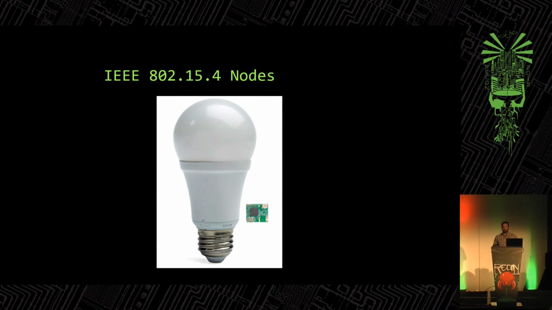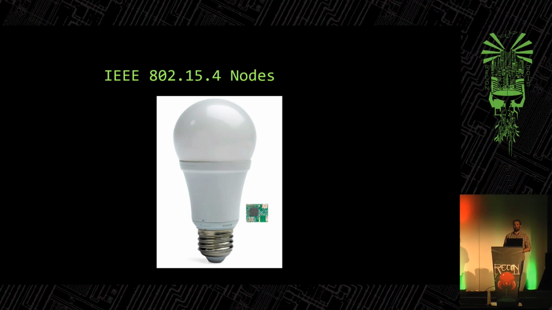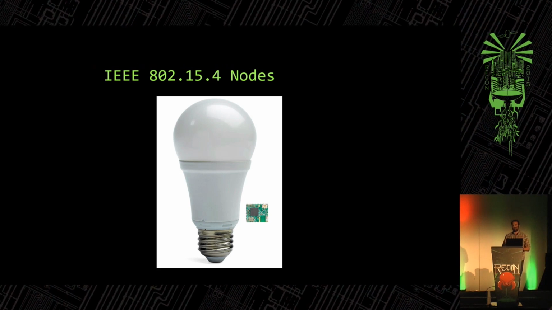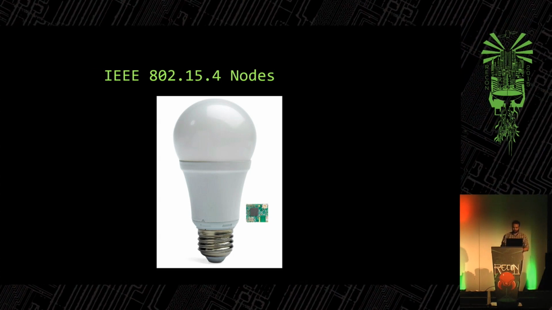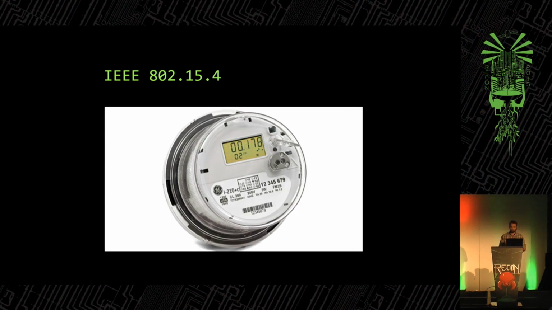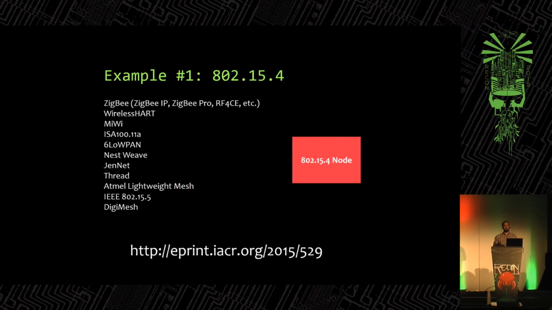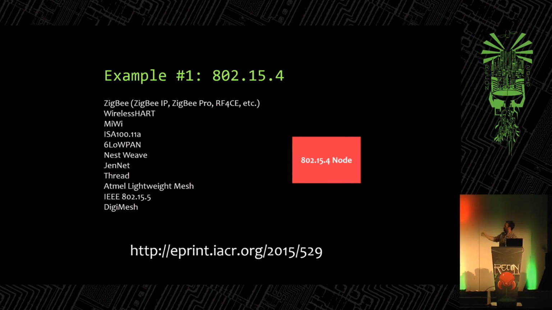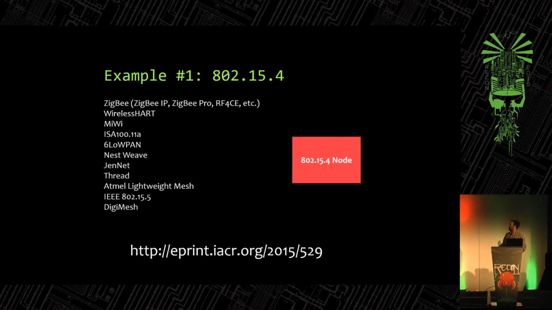This 802.15.4 standard was hoped to be a big protocol for the Internet of Things. It never really turned out as much, but there are a few things using it. The Nest thermometers use it as one of the interfaces, I believe. There are some wireless light bulbs that used it. It's used a bit for smart energy, sometimes for connecting to networks in the home. And you might know it better by other names. 802.15.4 is the lower layer protocol used by all of these. All of the Zigbee ones people have probably heard about, but all of these protocols are built on top